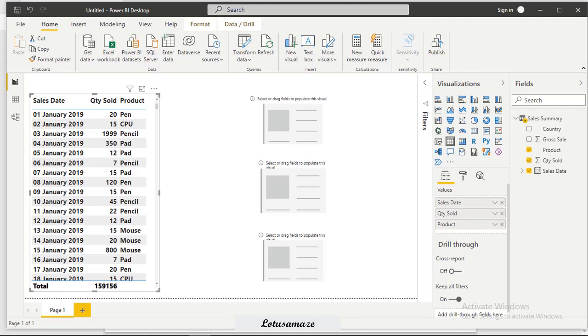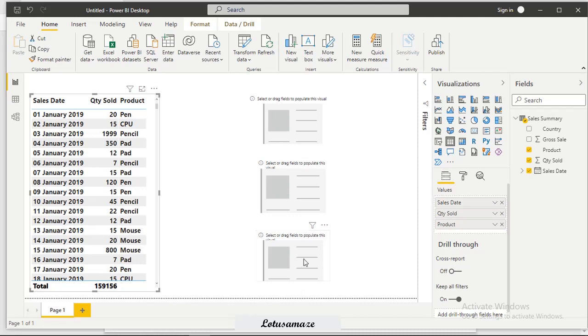Now we check the practical of DATESMTD, DATESQTD and DATESYTD. Already we have a table and we have uploaded the data. In the table we have the sales date, quantity sold and product, and 3 cards. We have the dates from January 1st to December 19, 2020. First of all, we check the MTD.